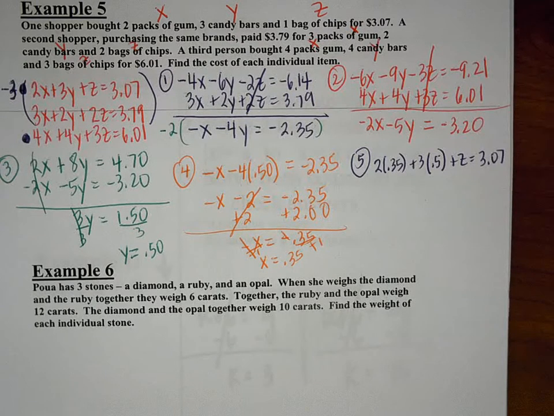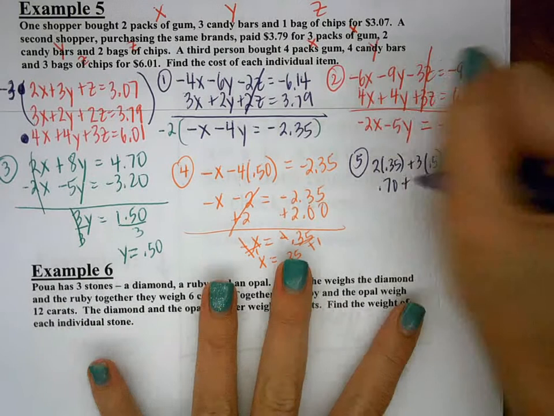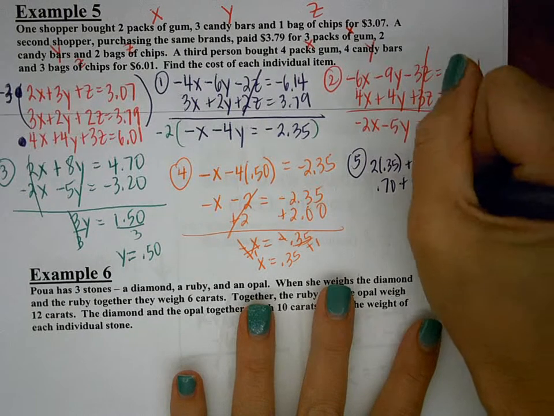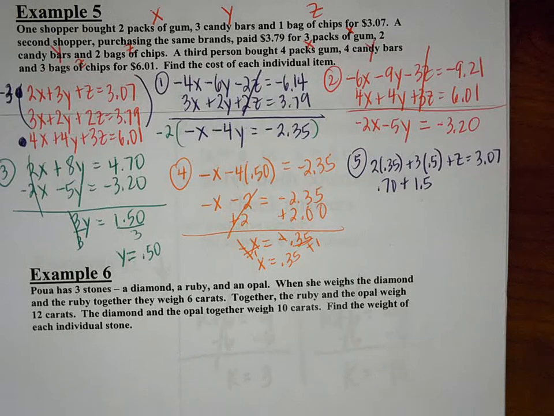What is 2 times 0.35? Good, 0.70. Plus 3 times 0.5 is 1.5, right? 3.50 cents, make it $1.50. Okay. Plus z